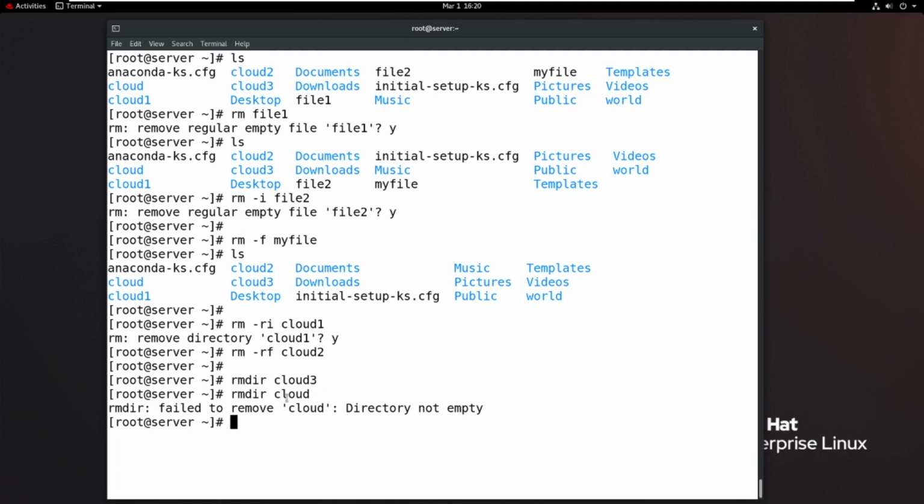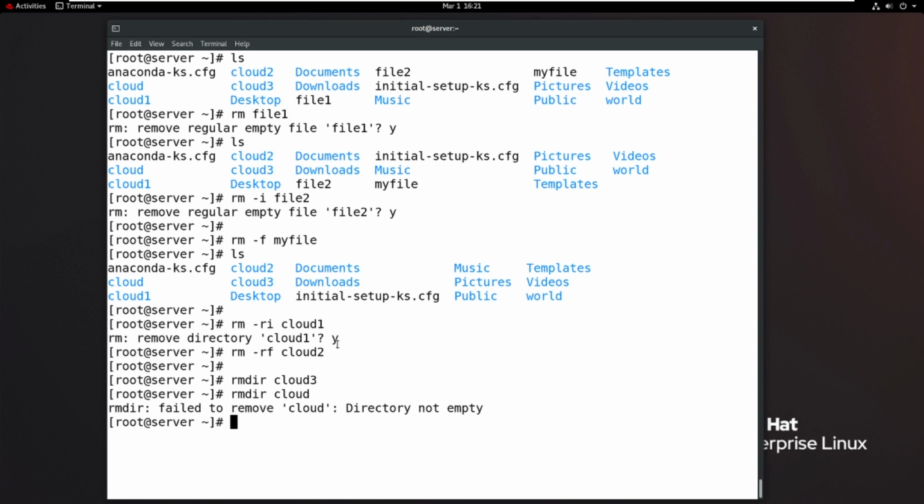The rmdir command deletes only empty directories, but the rm command deletes empty and non-empty ones. Please remember these options, but every time we should use only the -ri option. So it is better to write the -i option every time while deleting a file or directory.